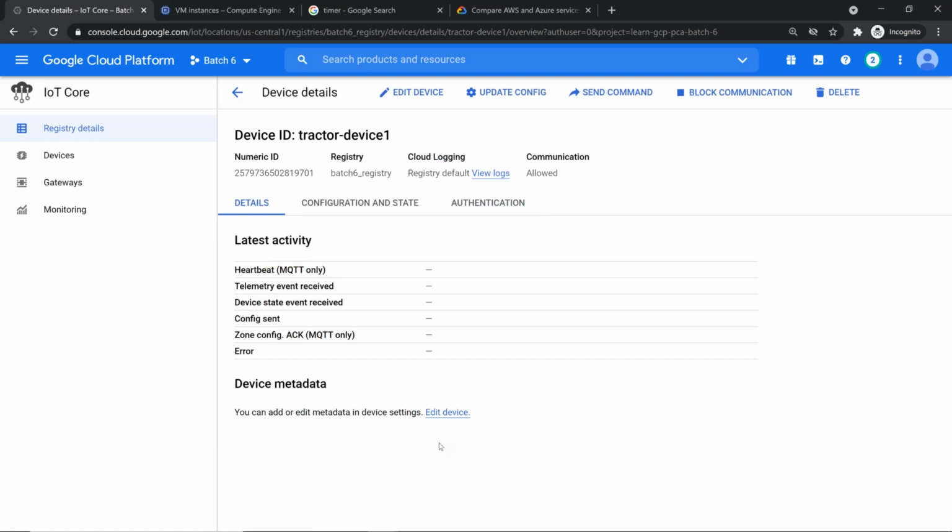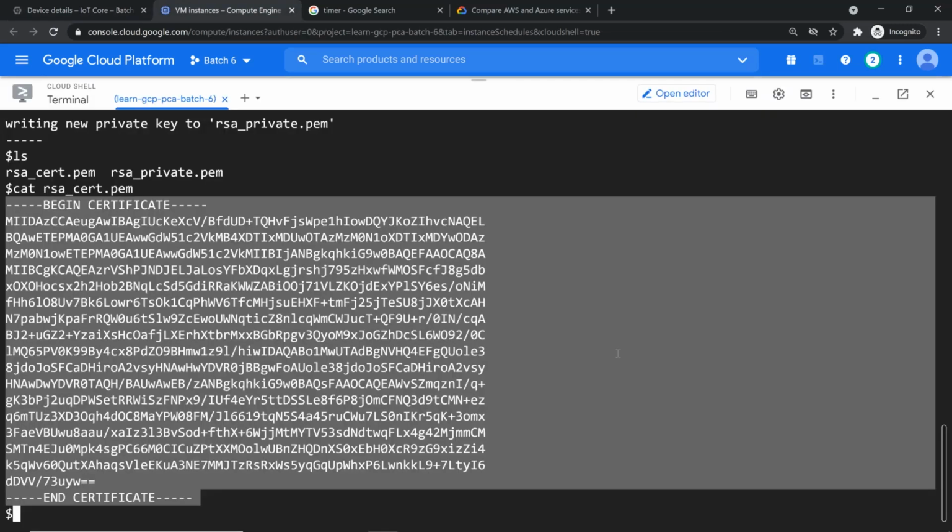Now you have to make sure the data is sent. You register, see whether the device can communicate. So let's do that part. And what we are going to do is we are just going to simulate the data and send it out. So for this,